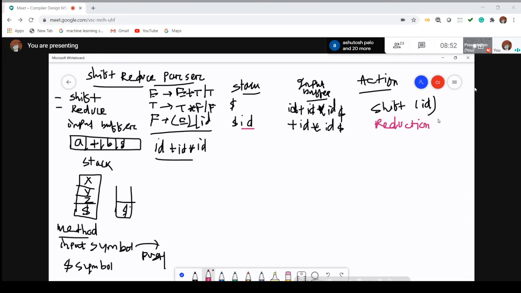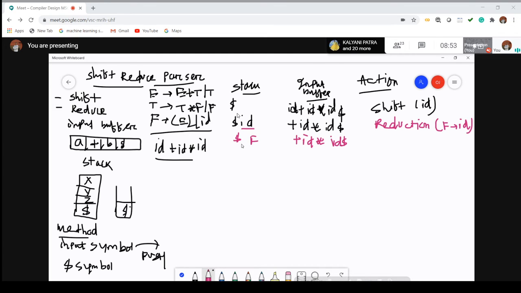So what value is replacing it? F to id, F to id. Now this id value is to be replaced with F. The rest remain the same over here, plus id star id and a dollar. So I will solve that problem phase-wise, then we will go for the single step. That means all those productions in the first phase come under F.